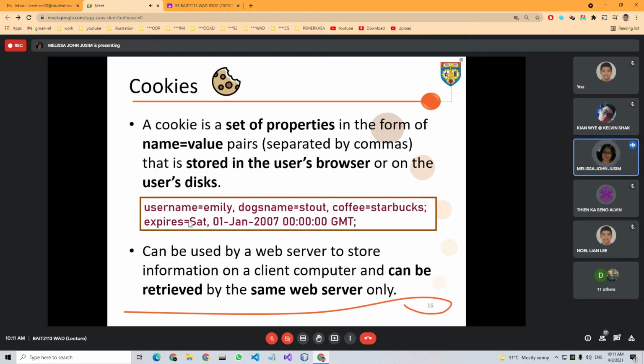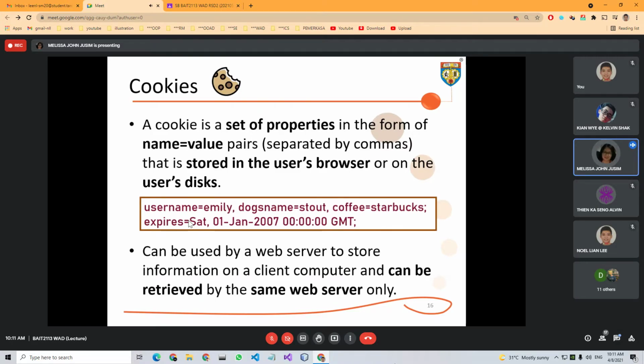Examples of name value pairs are given: the username is Emily, the dog's name is Stout, and the coffee she selected is Starbucks. These preferences are what she typed in or selected on the page. And there's one more, the expires property, set to a particular date.